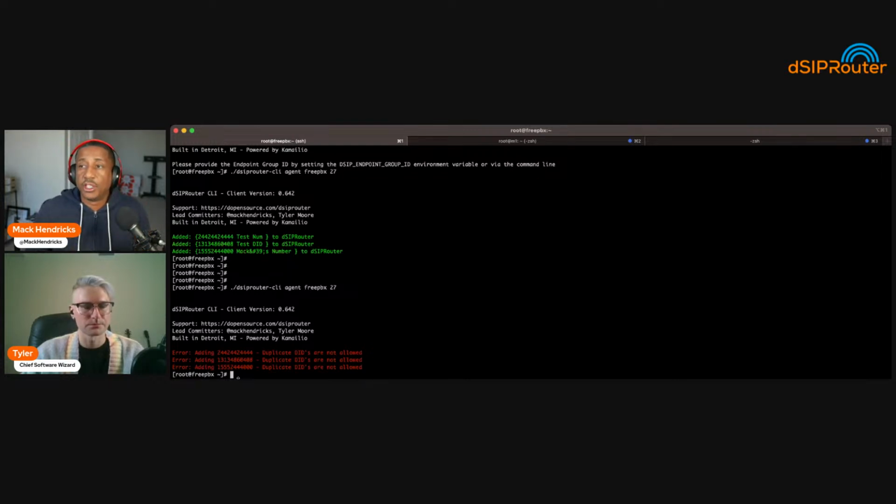And this is where the tricky part comes in. If we really wanted to move DIDs between systems, we could delete the DID on one system, and then we'd detect that it's been deleted and delete it here. Then we could put it on another system, and it would add it there, as long as it's not already added to dSIPRouter under another endpoint group ID.